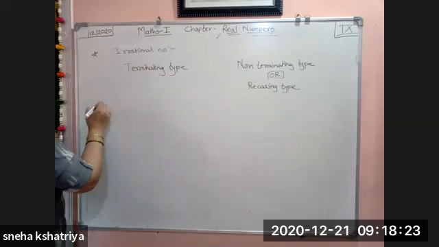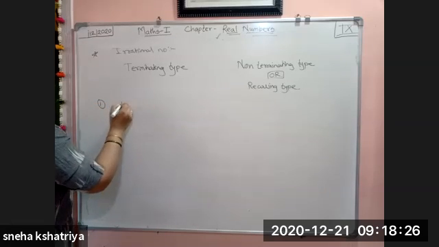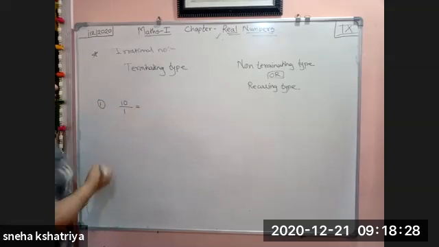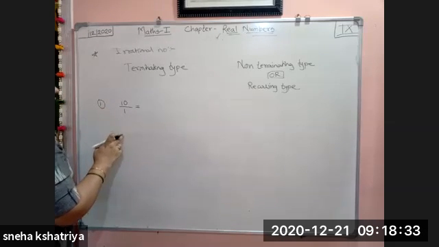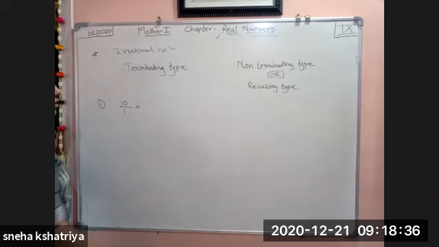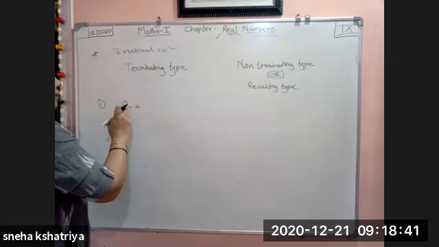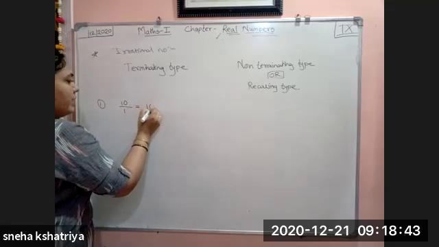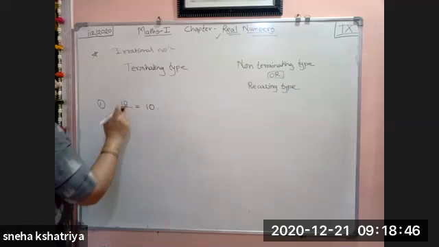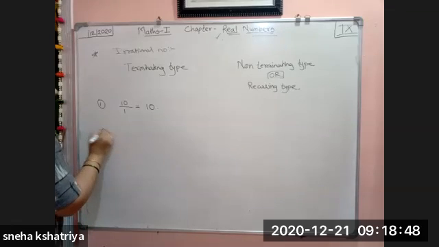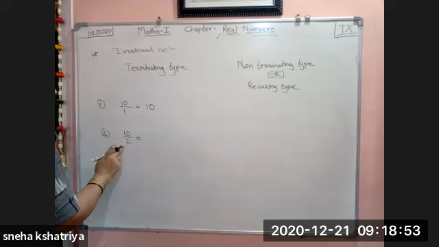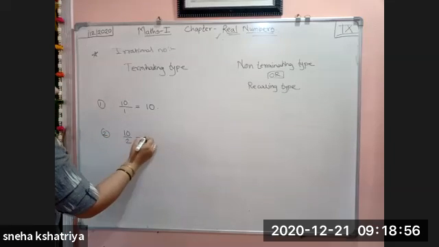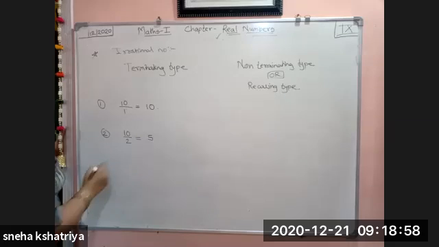Let us see one example. Let us take 10 divided by 1. We will see all the values from 10 divided by 1 to 10 divided by 2, 3, 4, 5, up to 10 divided by 10. If we take 10 divided by 1, we get the value 10, because 10 upon 1 is 10. Second, 10 divided by 2, that is 5. 2 fives are 10, so we get 5.